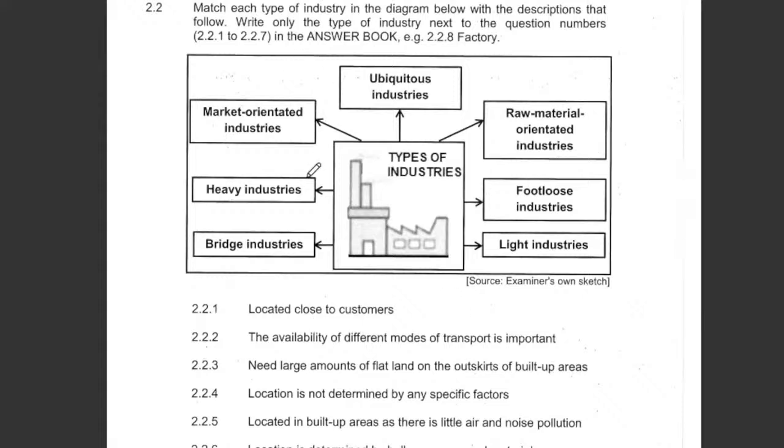Match the columns. Okay, match each type of industry to the diagram. They are saying located close to customers, automatically that is market. So here is market, because of the perishable goods they are located